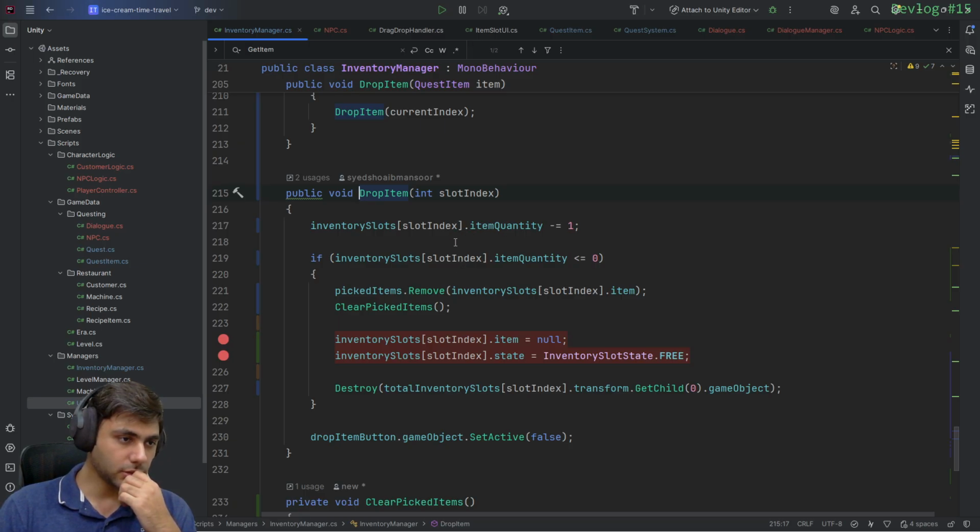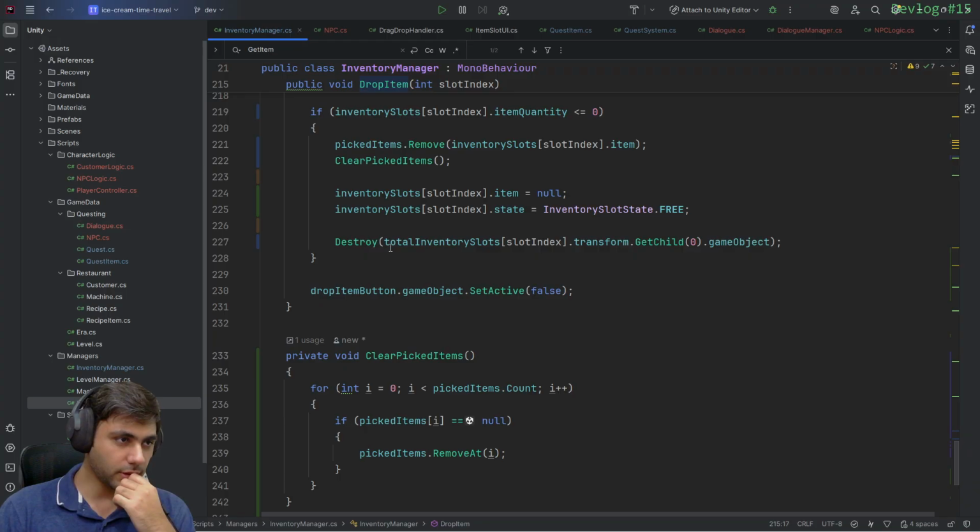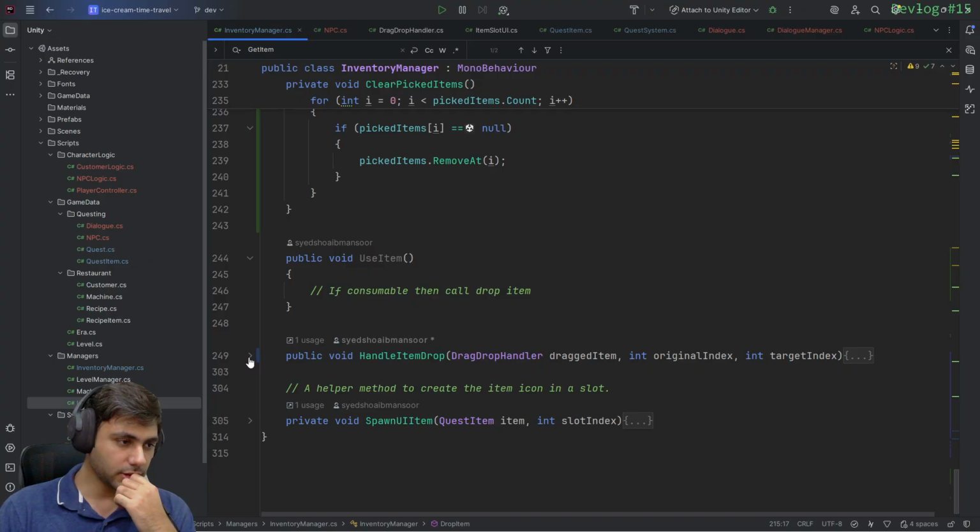This slot index, this is not right. I guess I need to move the items around in the drag drop handler. So when this happens,